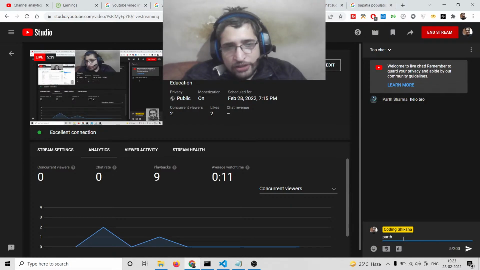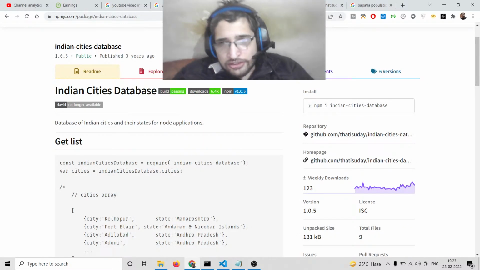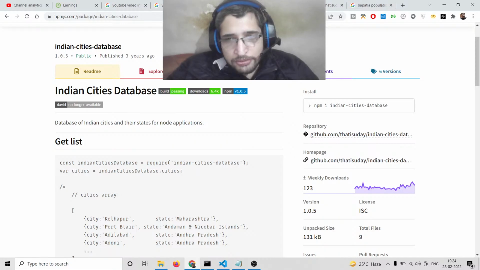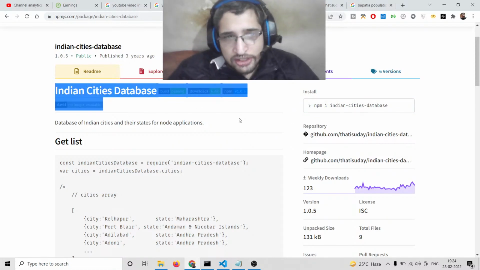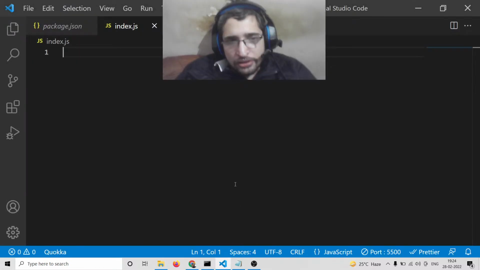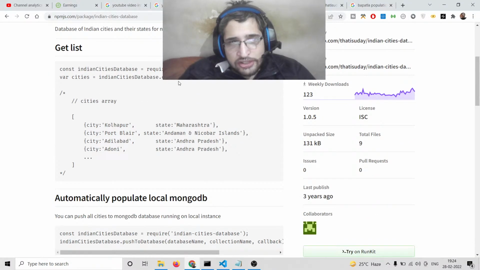So basically Parth, we are building an application in Node.js and Express, and we will be displaying all the cities and states of India inside a beautiful table using Bootstrap. And for this, we are using Node.js and Express, and also we will use JavaScript. So this is the module that we are using, Indian cities database. A simple command is necessary to install this module. And now to use this module, it is very easy. Documentation is given. You will see that